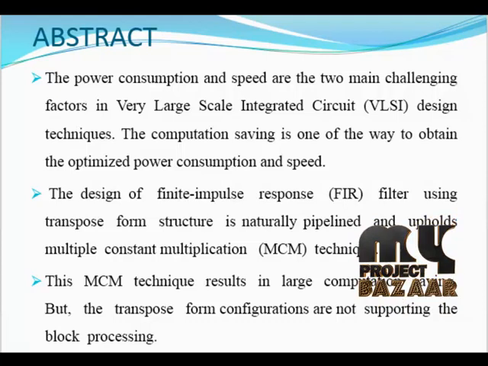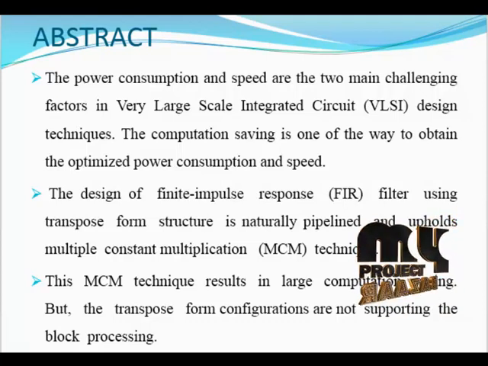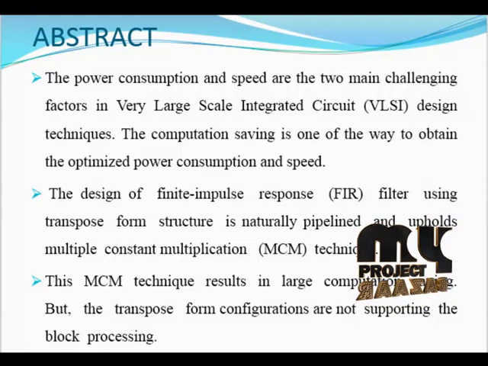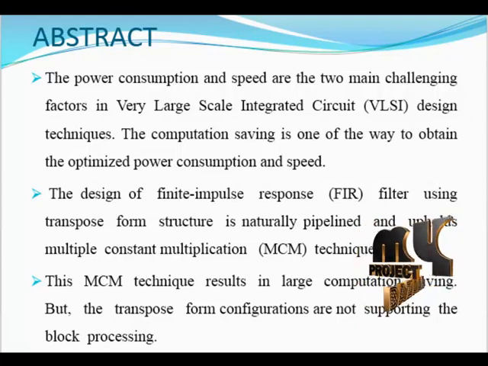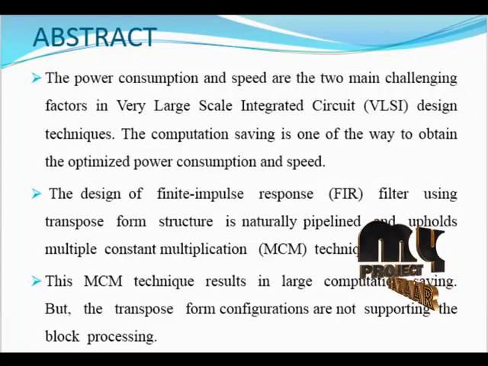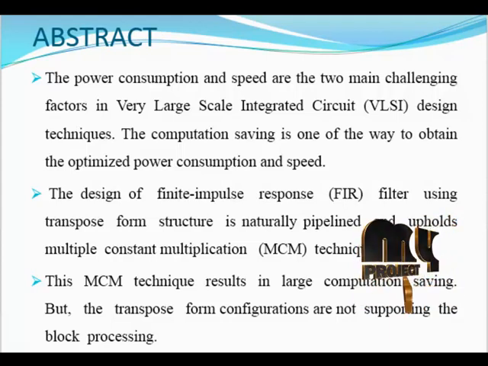The design of a finite impulse response filter using transpose form structure is naturally pipelined and upholds the multiple constant multiplication technique. This MCM technique results in large computation savings, but the transpose form configurations do not support block processing. In the existing method, the possibility of realization of FIR filter transpose form configuration to achieve efficient area and delay